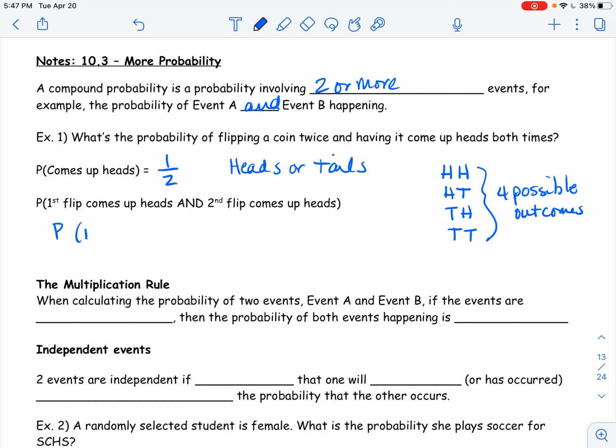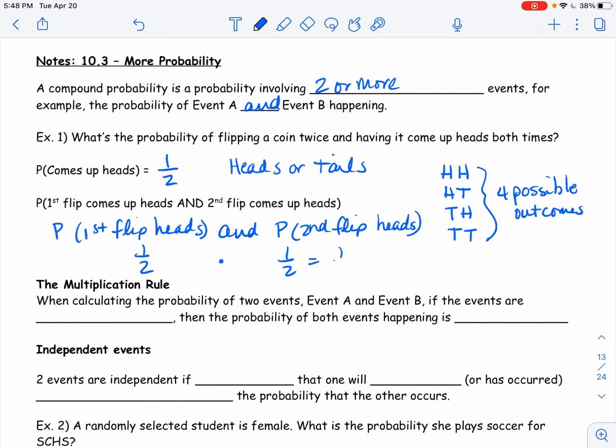If I want the probability of the first flip heads and the probability of the second flip heads, that is 1/2 times 1/2, which is 1/4. If you look on this chart over here, how many happen with both heads? This is just 1 out of 4. And so we're getting the same answer whether we look at our list of outcomes or we use this compound